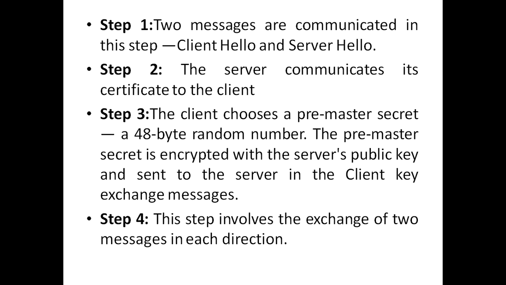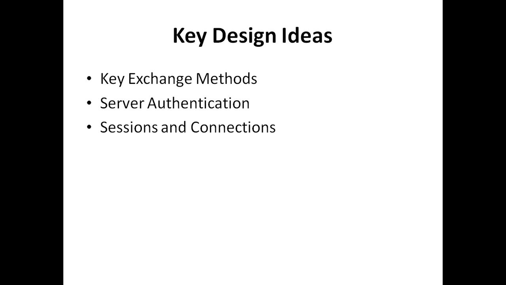After the server receives this change cipher specification and finished message from the client, it verifies the computation of the keyed hash. It then computes its own keyed hash that covers the previous handshake messages plus a predefined constant, which is distinct from the one used by the client. The client receives the keyed hash and verifies it. Only at this point is the server authenticated to the client. So these are the 4 steps in the handshake protocol.